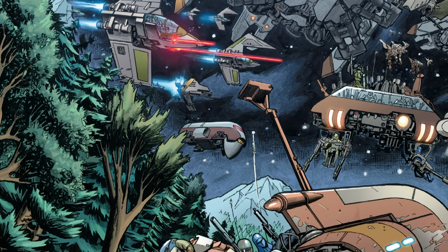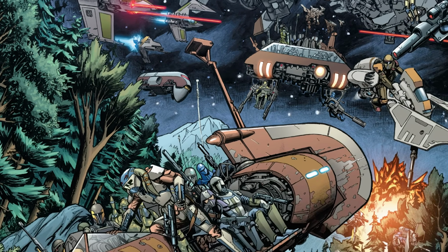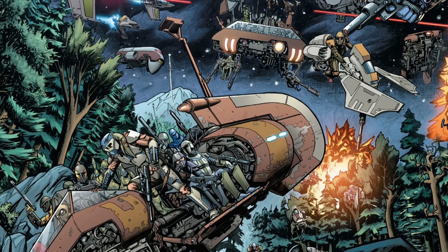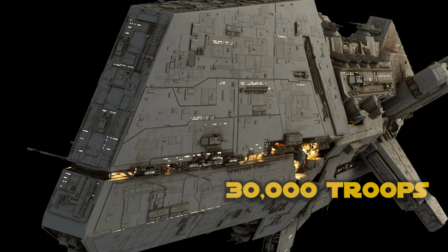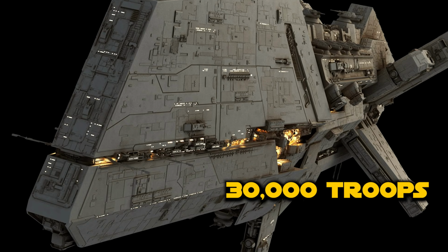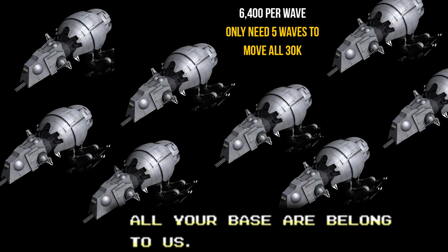That's a total of 6,400 jetpack sporting Mandalorians that could be moved from the Kandosii to any target in a single wave. And of course, they could shuttle back and forth during major offensives, since there was a total of 30,000 troops on board each Kandosii. So all of them could be transported with these 8 Shadlars, making 5 trips each,